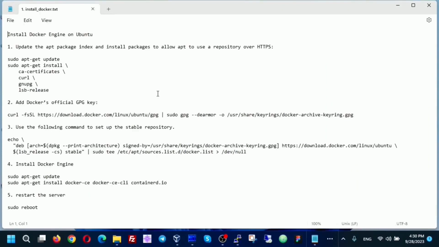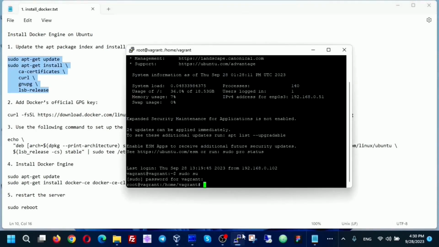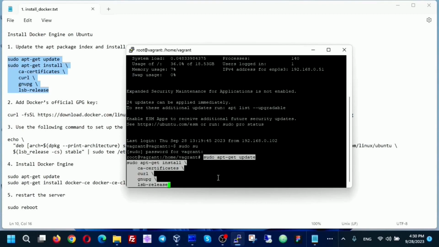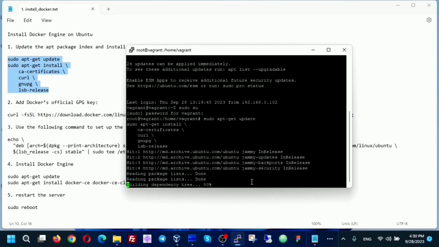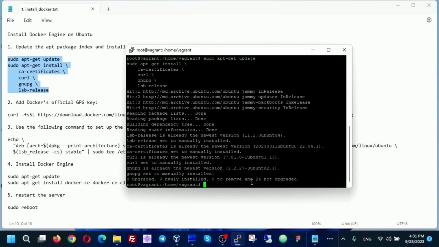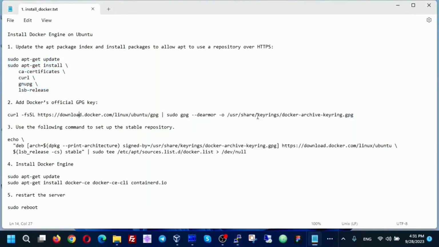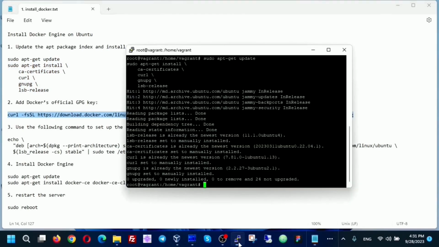Here are 5 commands that we need to run to install Docker. First, we highlight and copy this command from several lines. Switch to PuTTY and paste it using the right click. The installation is finished. We copy the second line and also paste it in the SSH connection.